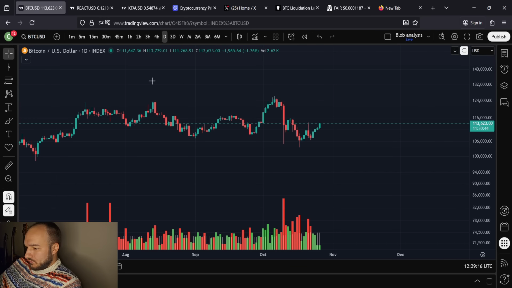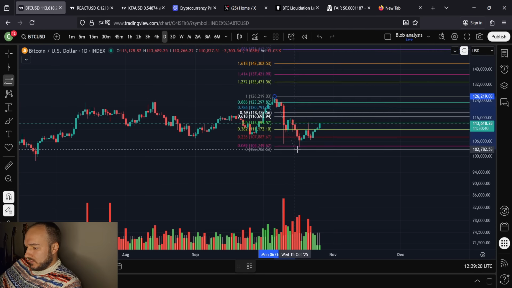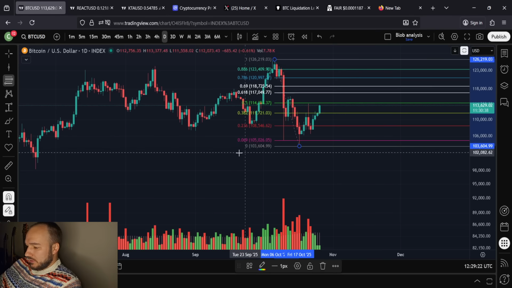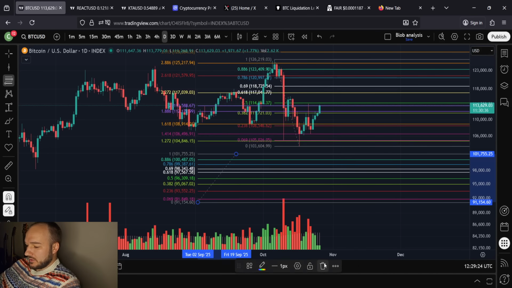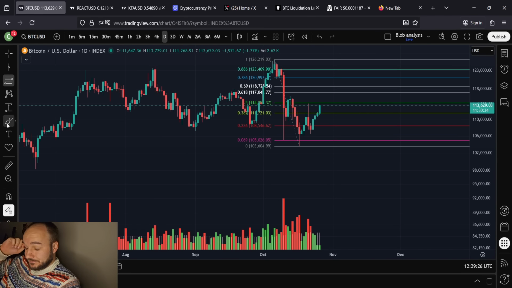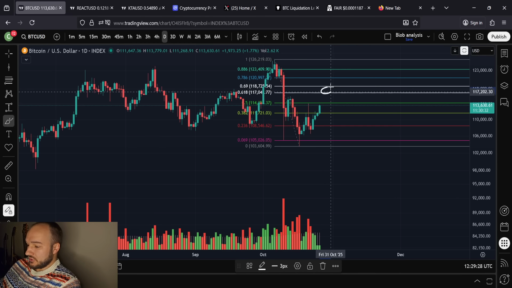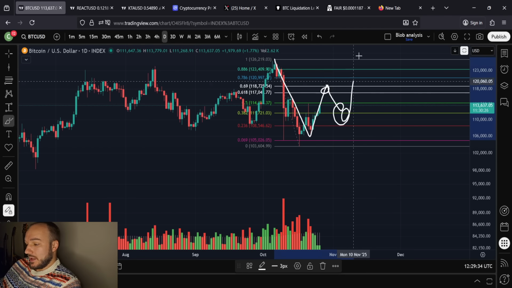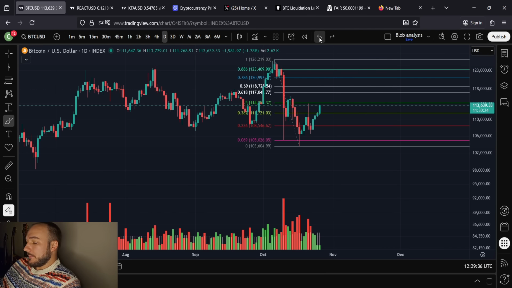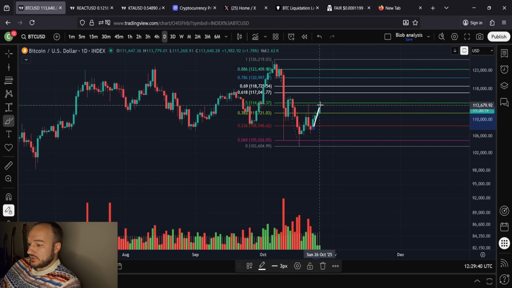And again, the thought I want to offer here, going back to this, so we were talking about the golden ratio. Talking about the golden ratio as a potential target, because statistically speaking, the most probable outcome is that we reject there, come back down, find support somewhere, and then we move up. The fact that we've moved like this, we haven't been overbought yet on our daily indicators, or really even on our 4-hour indicators. We're not really that overbought.